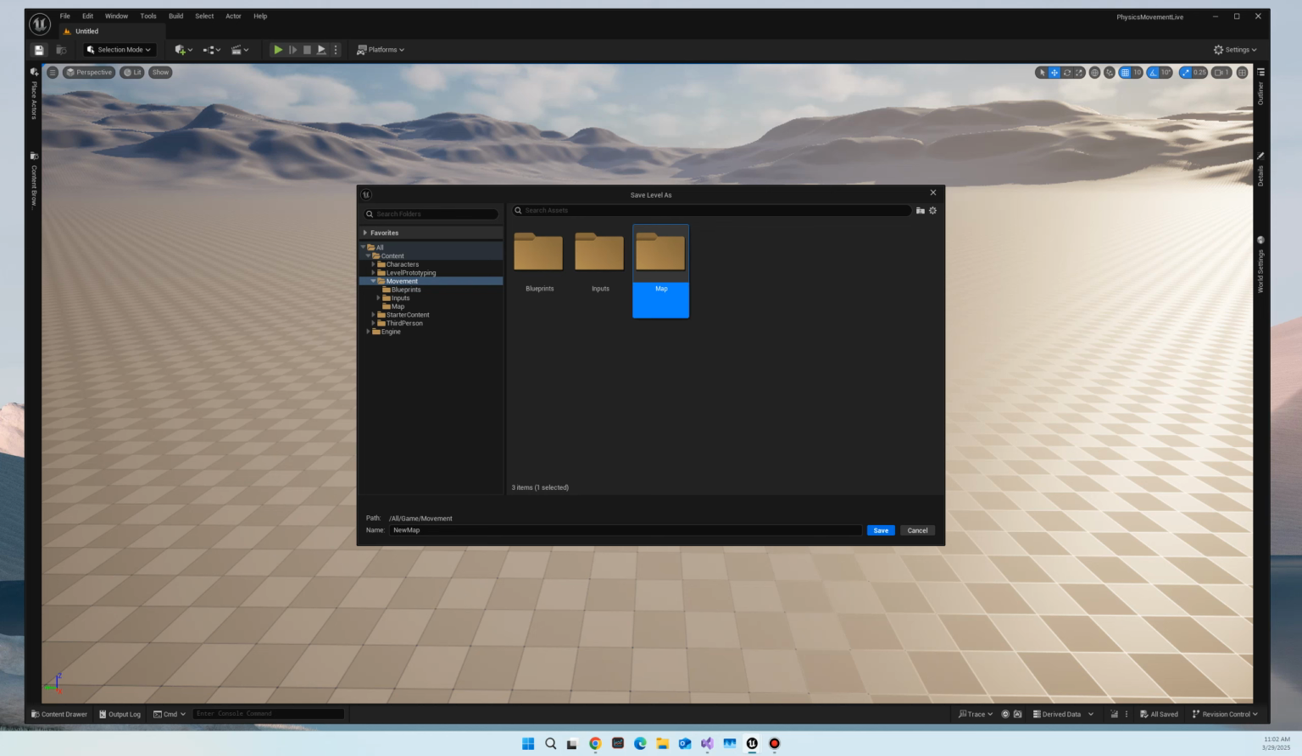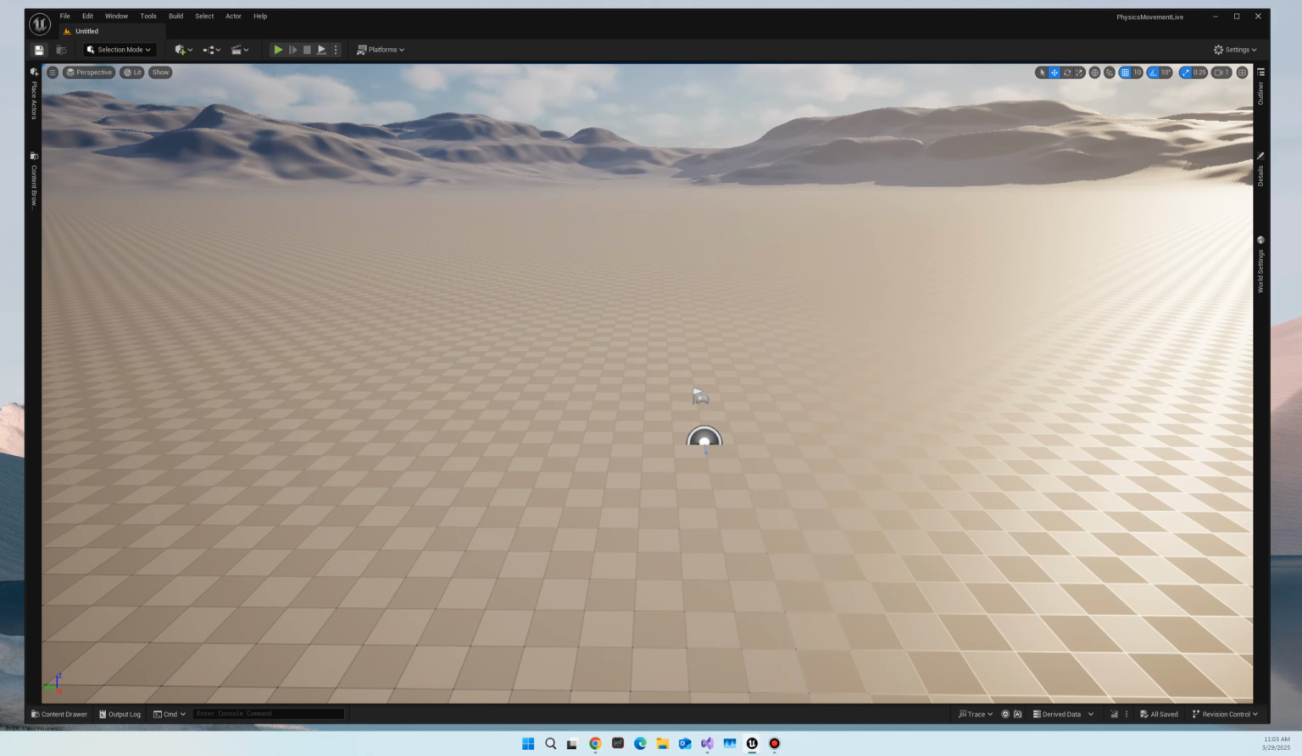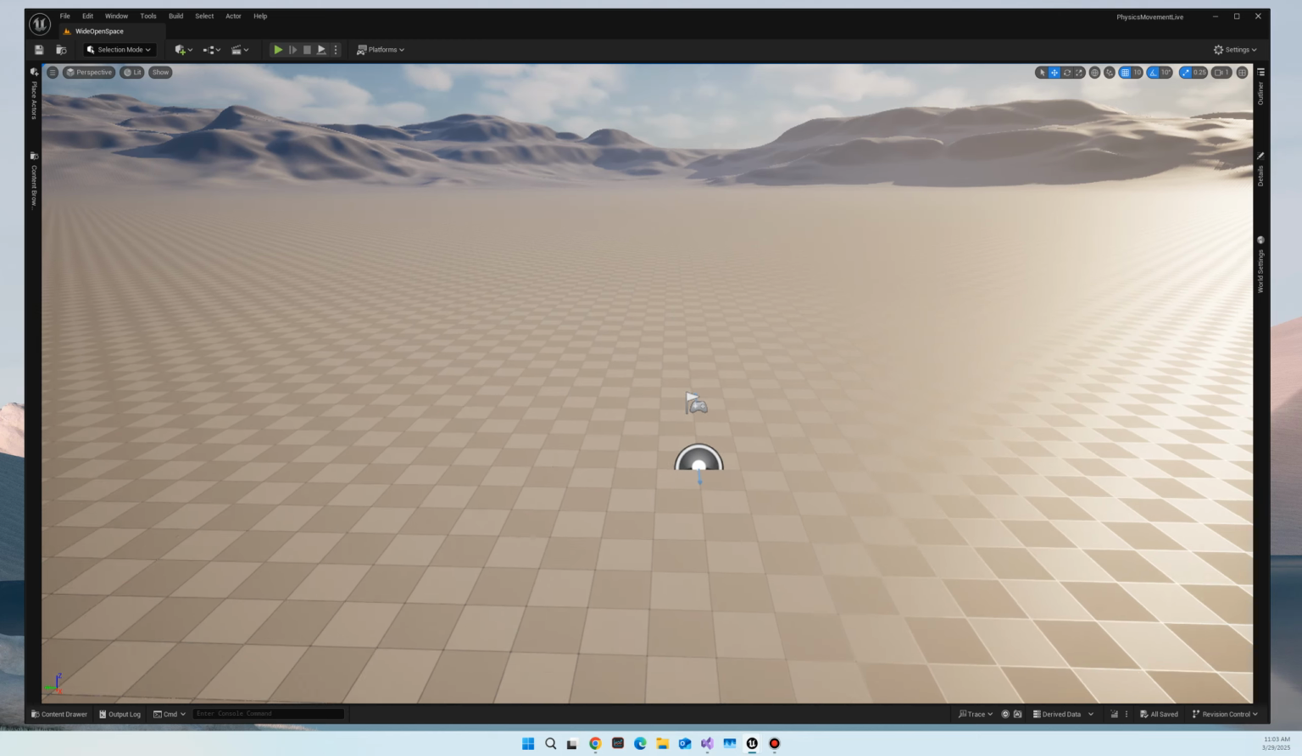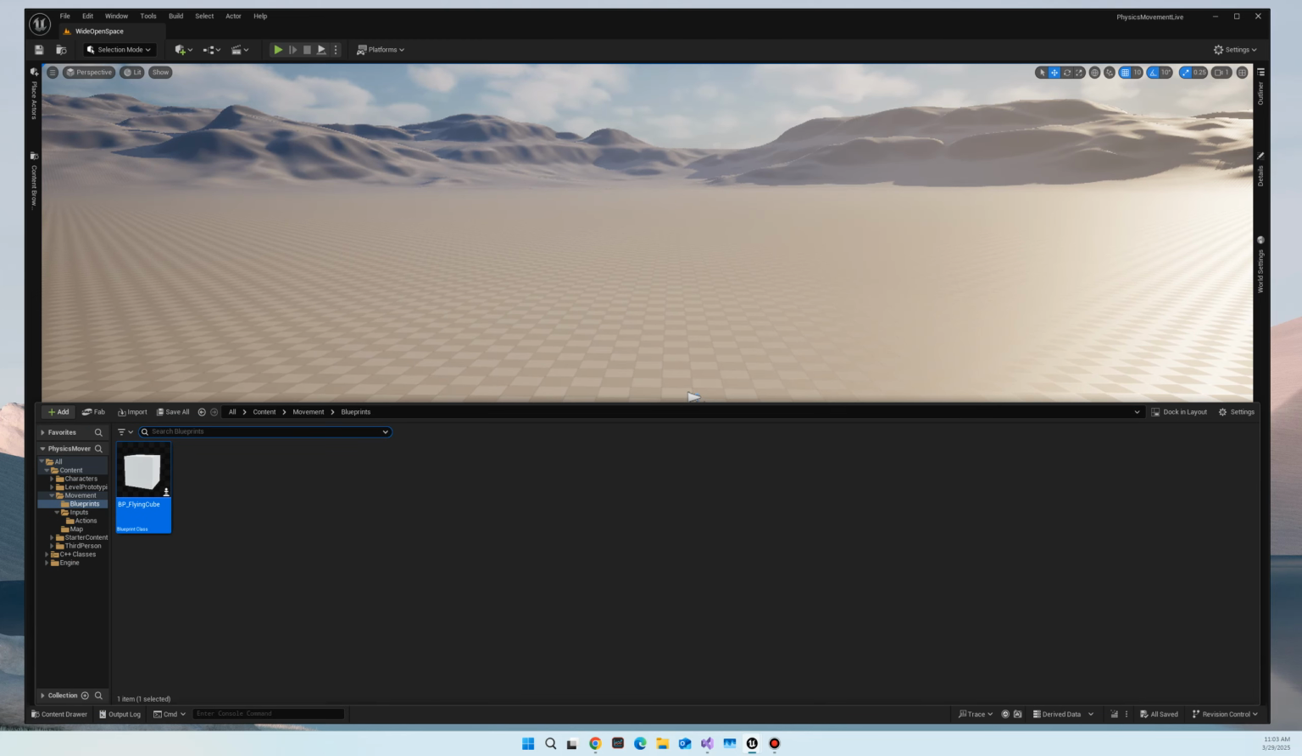And we will just save this map here, and I'm just going to call this wide open space, why not? So I'm going to hit save. It's going to go ahead and save it, as well as any other information it needs to save. All right, so now that we've got this, let's go ahead and see if we can get this cube to